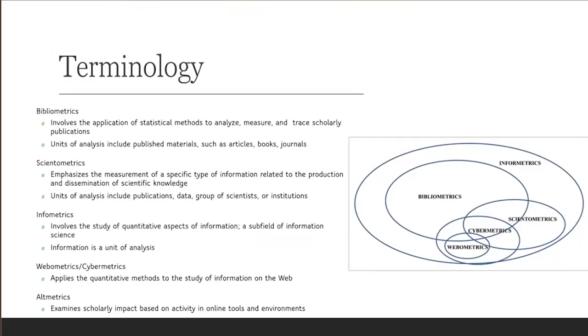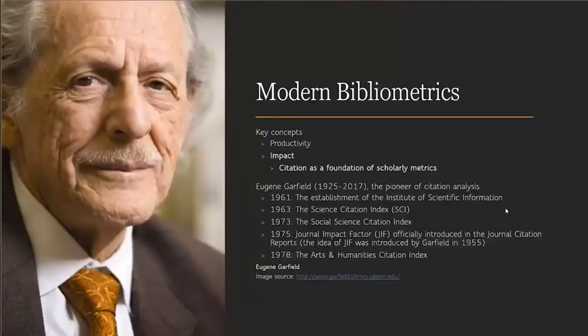But what AltMetrics does, and you might notice that it's not actually in this graphic, is that it looks at scholarly impact based on activity in online tools and environments. So it's not looking at an actual piece of information necessarily. So, modern bibliometrics, again,